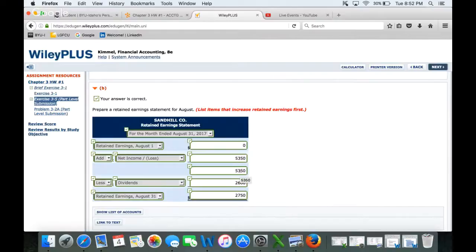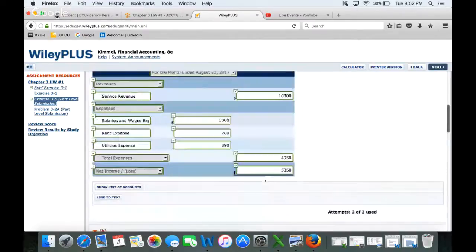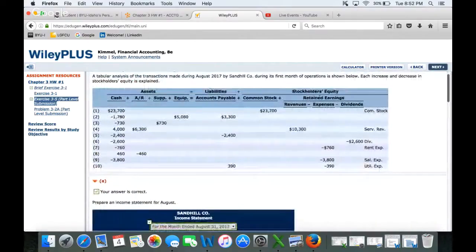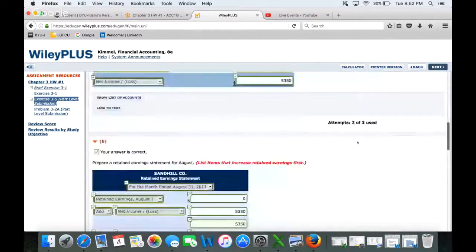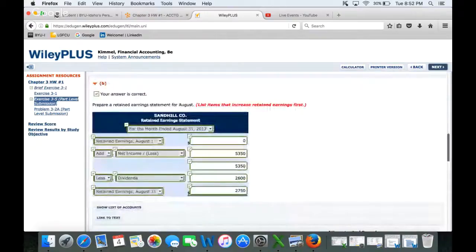And then you include anything that's going to subtract from your retained earnings. And so up here, going from the retained earnings section, the only thing that's going to take away from that is specifically the dividends, $2,600. And so you'll take that 5,350 and minus the $2,600 for the dividends, and then that'll give you your total for the retained earnings for the month ended August 31st,